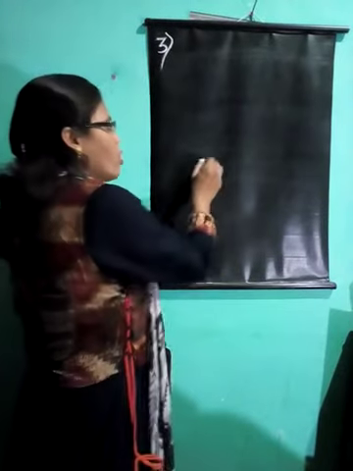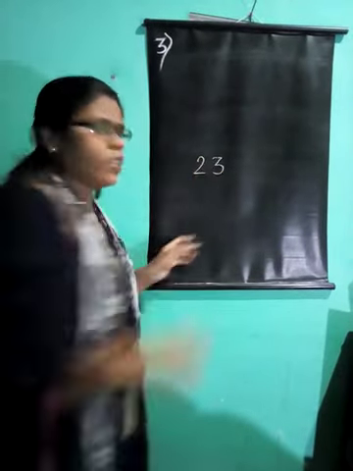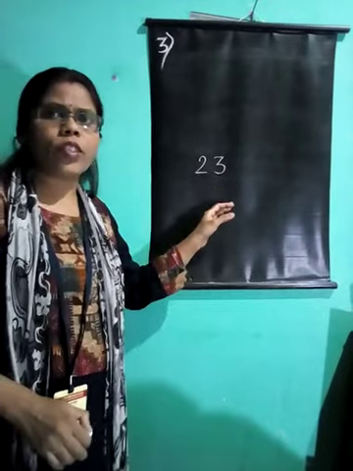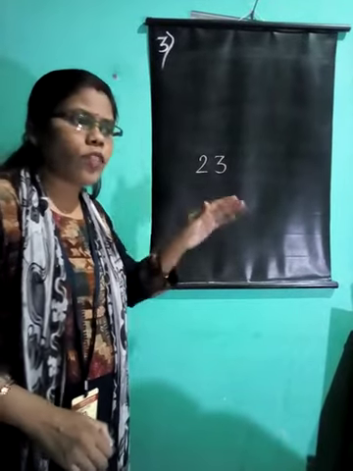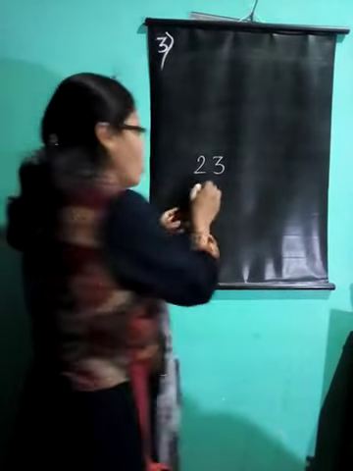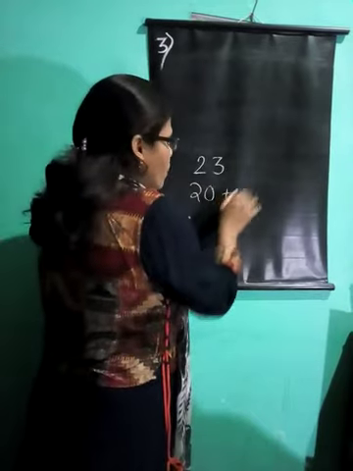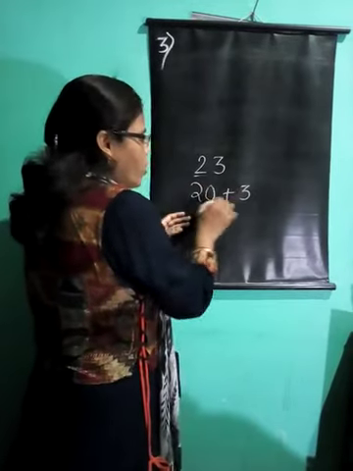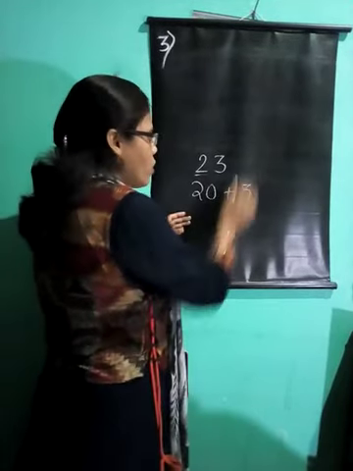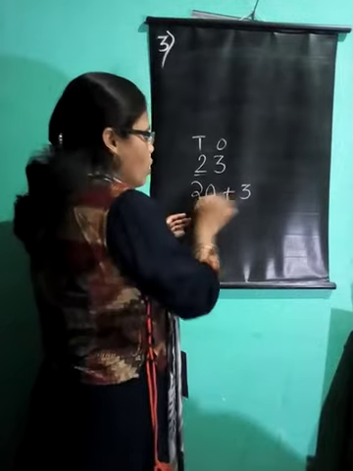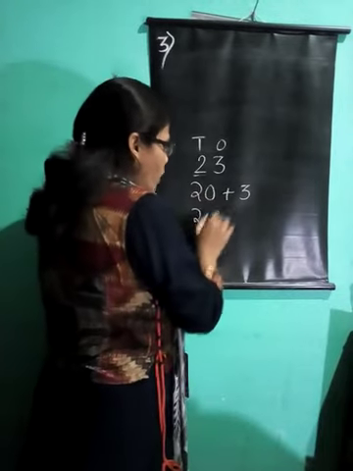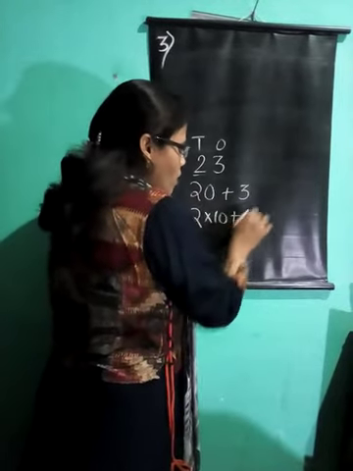Now first you need to understand. Think of any 2-digit number. So let the 2-digit number be 23. Now how do you write this 23? In lower classes you have studied how to write it in expanded form. So you write it as 20 plus 3. Tens digit you are writing 20 and then this is 3, the ones digit. So 20 plus 3, that is you write it as 2 into 10 plus 3.